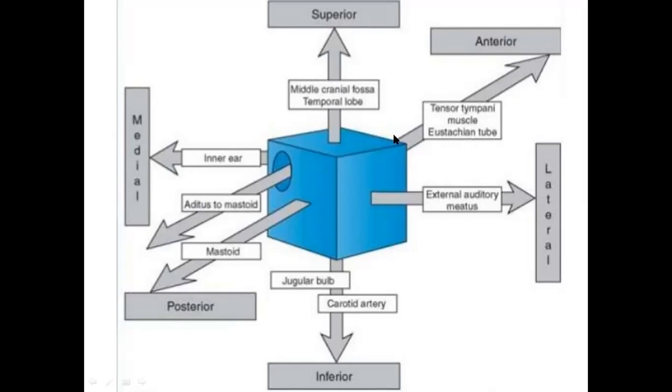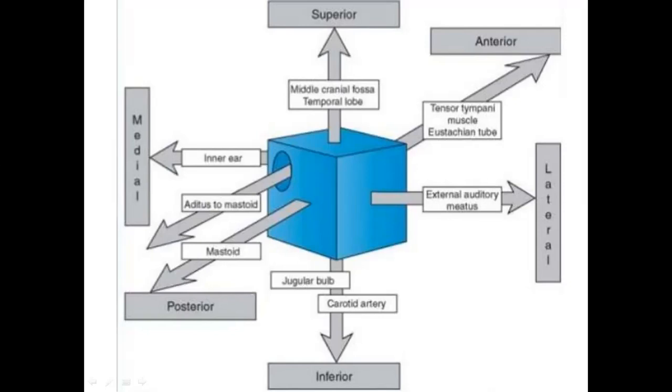So this is the anterior wall, which contains the two canals for the tensor tympani muscle and the Eustachian tube, and this anterior wall separates the tympanic cavity from the carotid canal, which contains the internal carotid artery and the carotid plexus. Okay? And this is the posterior wall. This is an irregular opening called the aditus, which connects the posterior wall of the tympanic cavity with the mastoid antrum. So this is the aditus to the mastoid. Okay. This is the anterior wall, posterior wall, superior wall, inferior wall.